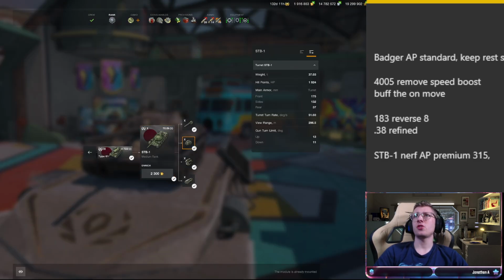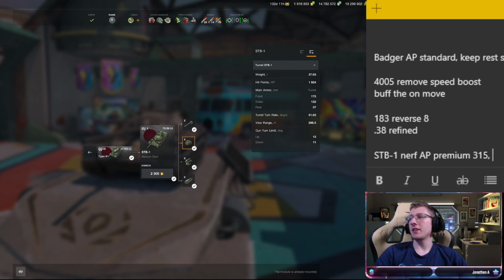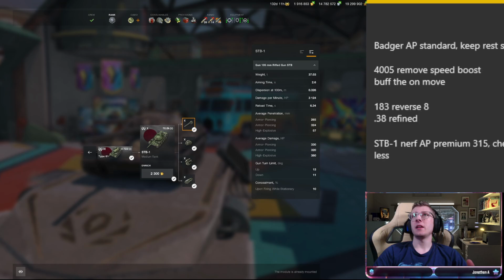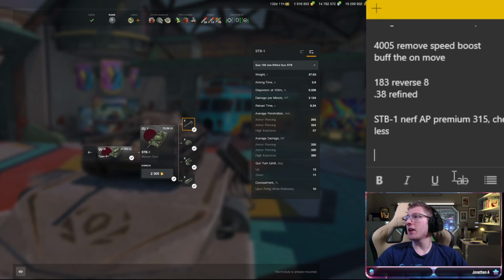Well, the only other change I would like to see done to the STB is the turret armor. I think that the cheeks should be about 20 millimeters less. That's it. The STB can keep the 11 degrees of gun depression. It can have the solid DPM. Oh, yeah. One other thing. If we're going to nerf the turret armor,